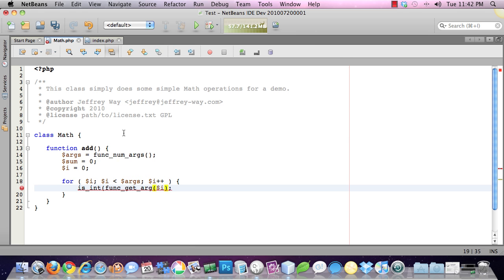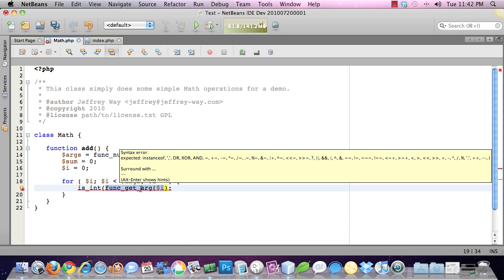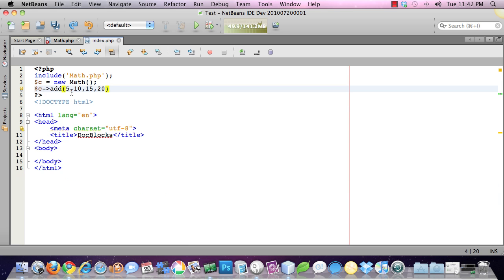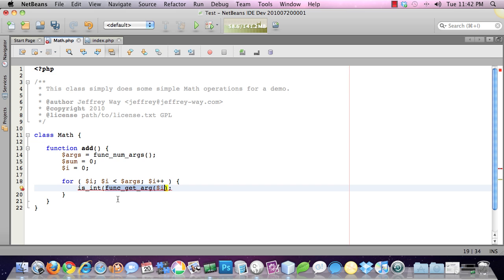Okay, so I'm saying if it is an integer, so func_get_arg, in this first case i will be equal to 0. So it's going to go and find, okay, what is the value of the very first, zero-based, the very first item? 5. So this will be equal to 5. And we're saying if 5 is an integer, then let's go ahead and add that number to this sum variable. And then we'll say sum plus equals